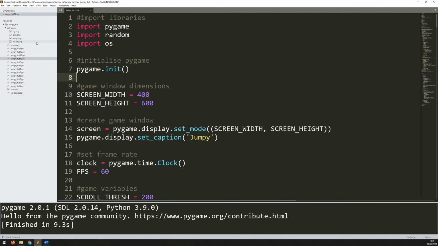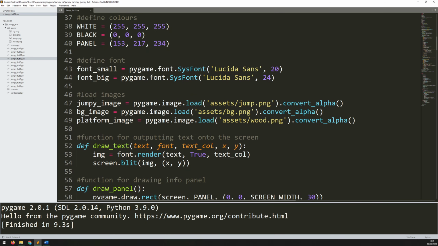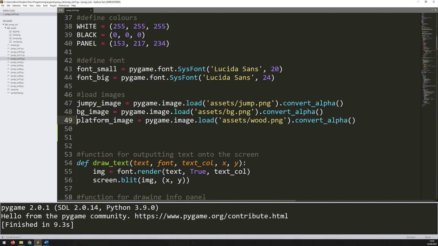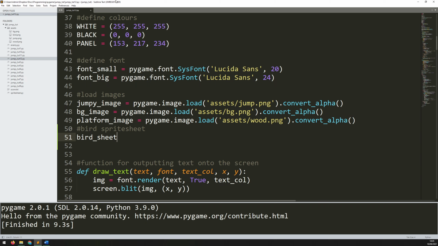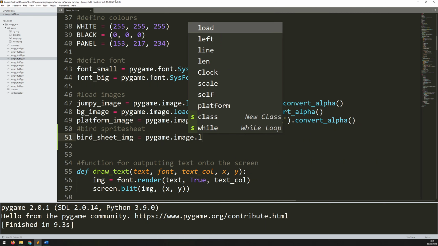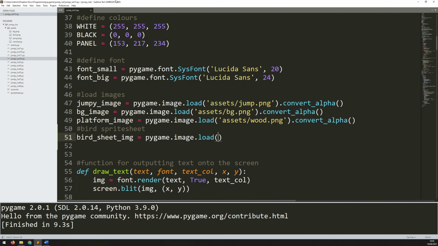So this file, bird.png, is stored with all the other assets so far within this assets folder. Now first of all, that means I need to load that image into the game. So we go down to where I've got my load images section, and just down here I will add another comment and start loading in the bird. Say bird sprite sheet, and it'll be bird_sheet_img is equal to, and I'll load in the exact same as before, pygame.image.load, then the location of the file, so it's within this assets folder here. So assets/